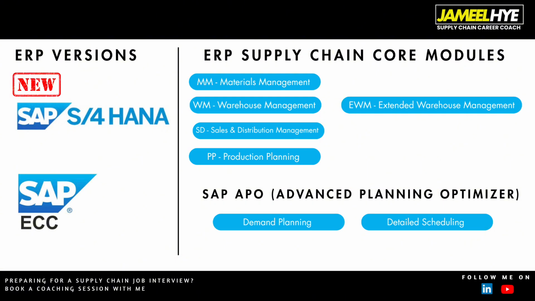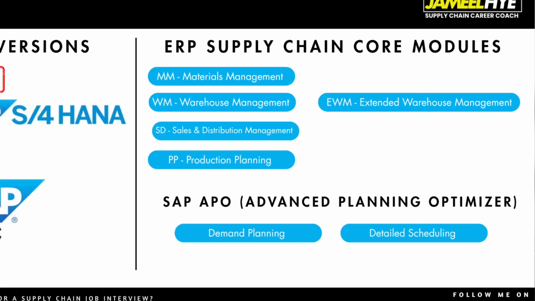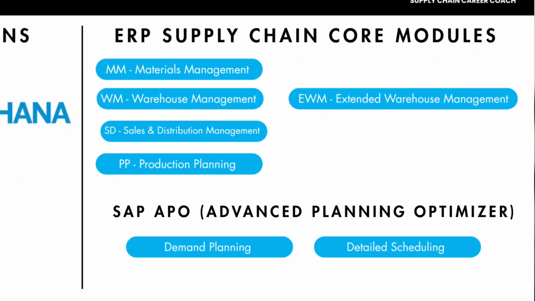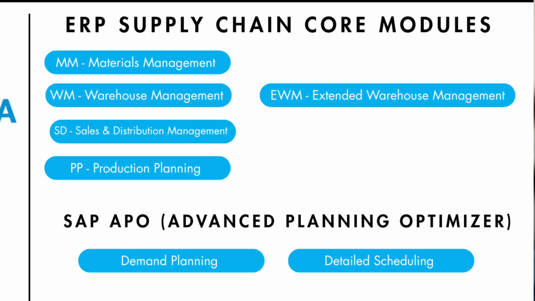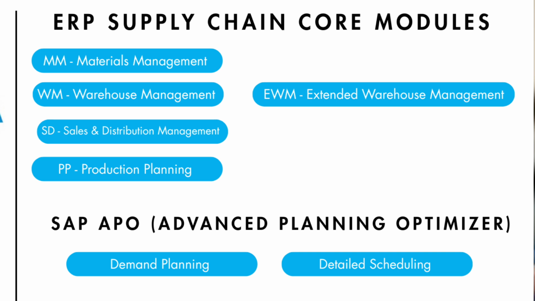The modules pretty much remain the same in terms of nomenclature. So typically, supply chain guys will come across modules called MM, which is materials management, which is all the procurement activities, the goods receiving, goods issuing, inventory management. The main thing over there is that the inventory is like a black box. You know how much is there, but you don't know where it is inside the warehouse.